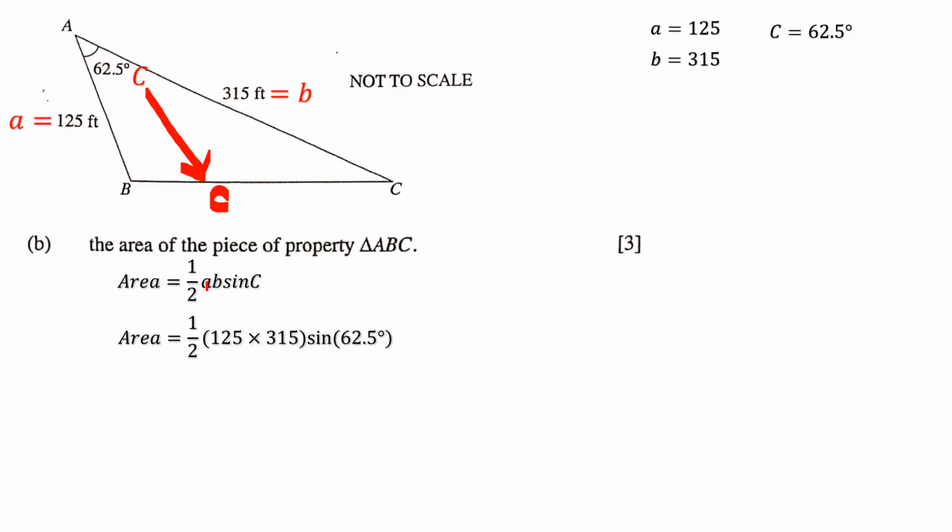So C is the angle, and A and B are the sides of our triangle. A is 125, B is 315, C is 62.5. We multiply 125 and 315, and we also have a half here that's also multiplied. We find the sine of 62.5. We know that a half is 0.5, so it's going to be 0.5 times 125 times 315, also multiplied by sine of the given angle. And once we do that, we get this value,